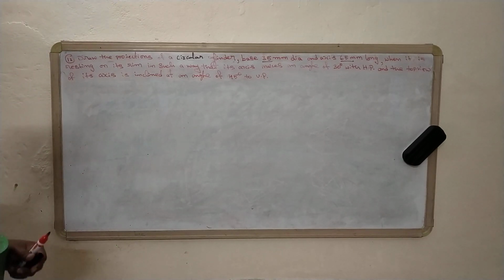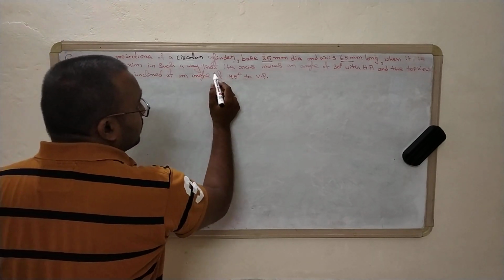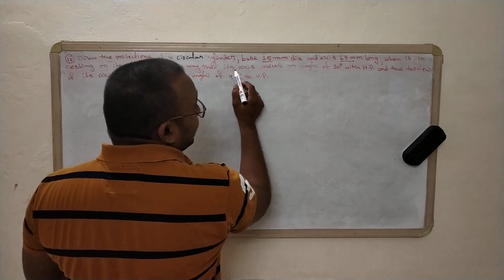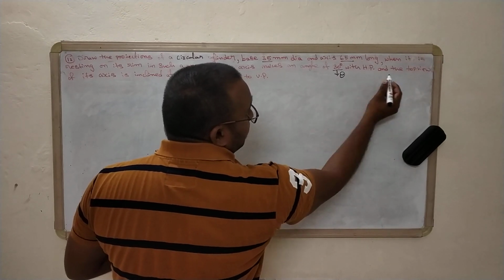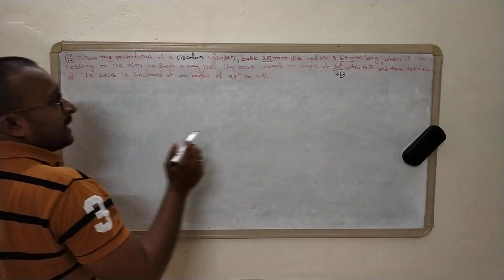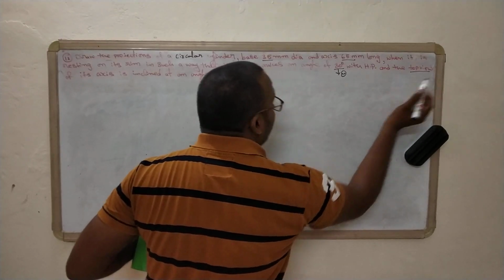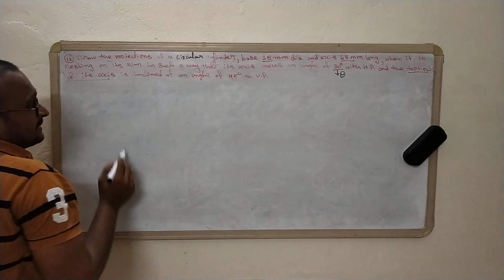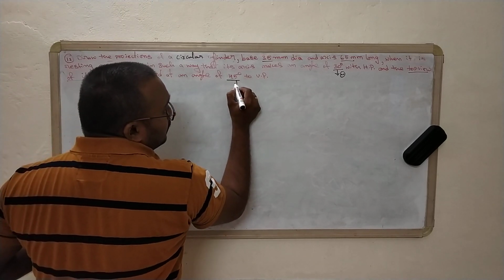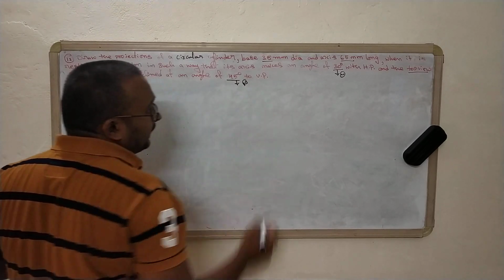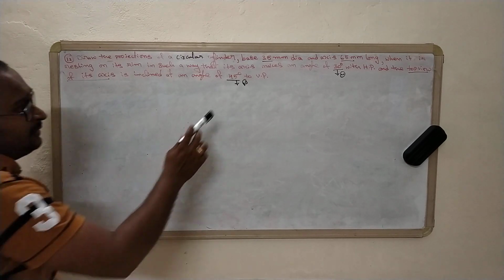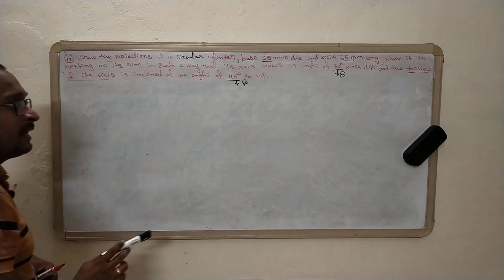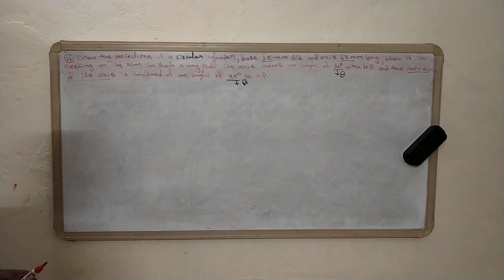When it is resting on its rim in such a way that its axis makes an angle of 30 degrees, that is theta is given, and the top view of its axis, please make note, that means here it is a beta to the VP. So beta is given, theta is given, so we need not calculate beta again. So directly we can proceed with the problem.